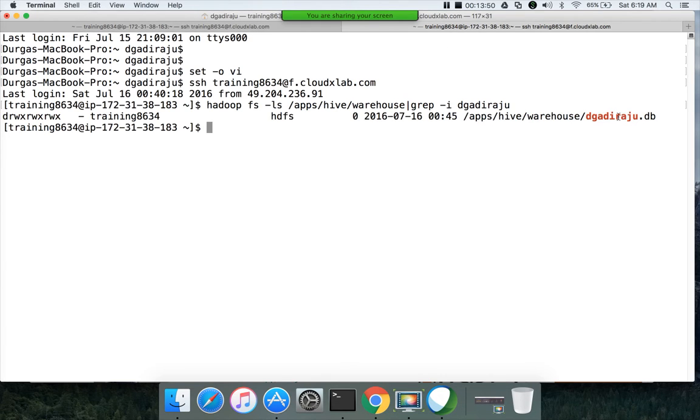So you can see that there is a directory with .db extension. Even though we run the command create database, here it is nothing but a directory in HDFS. So a database in Hive is nothing but a directory in HDFS. Whatever you try to create in Hive, typically a table in this database, will go to